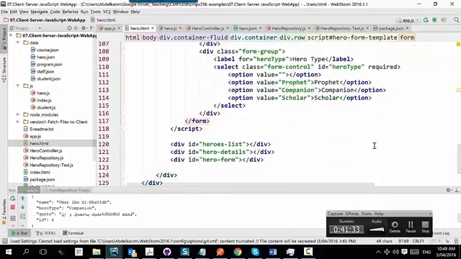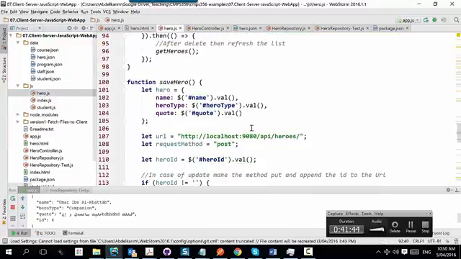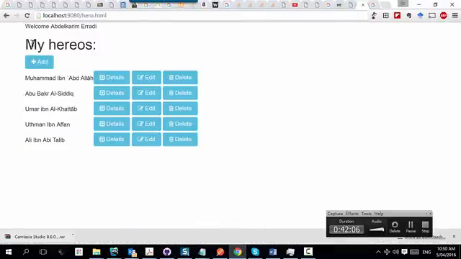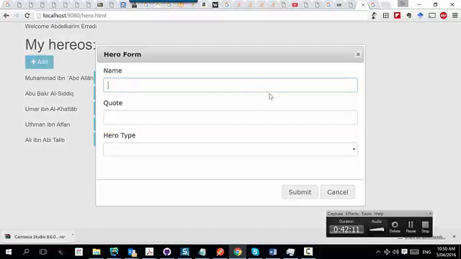When they submit the form, what will happen is I will go to the hero, this one, the client-side hero. I have something called save hero. So when the submit button is clicked, this will be called. So what I do is, remember I have a form in the interface. Let me show it to you very quickly. Here is the form. Here it is. So when I say add, I get this form, and I say test,